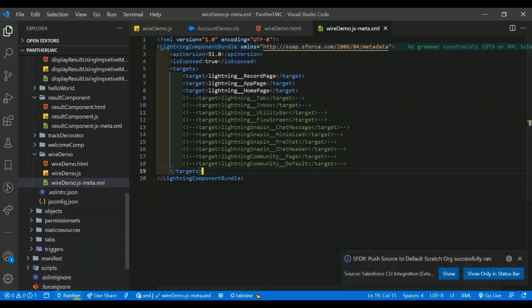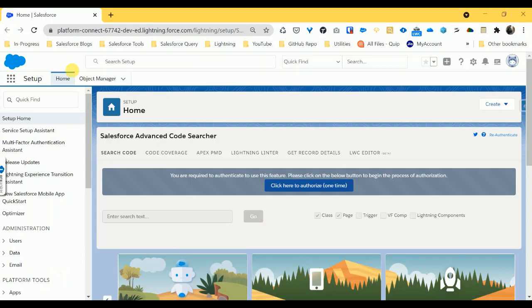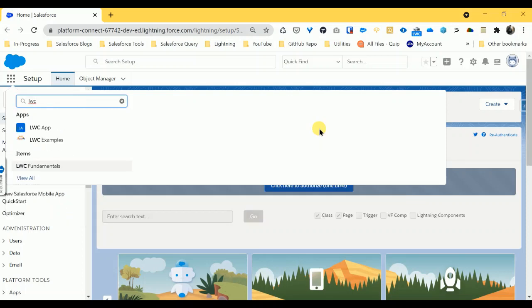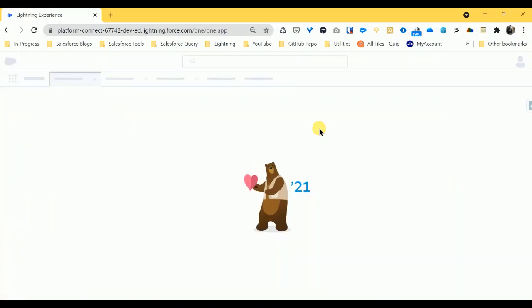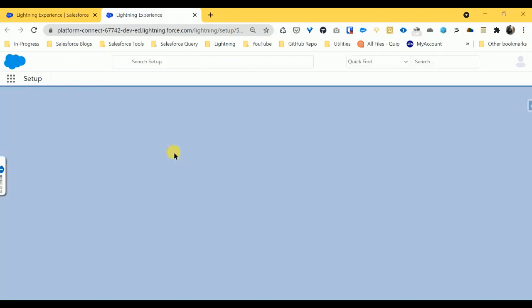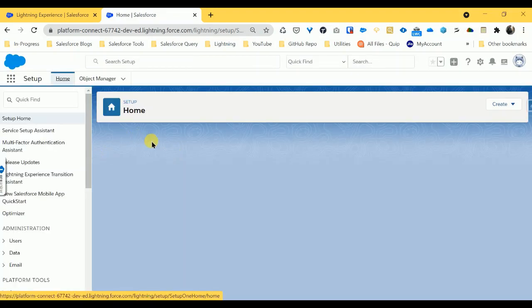Just open any application page, for example the LWC app. I'm using the LWC app, and in this LWC app I want to create a page, like a Lightning page.